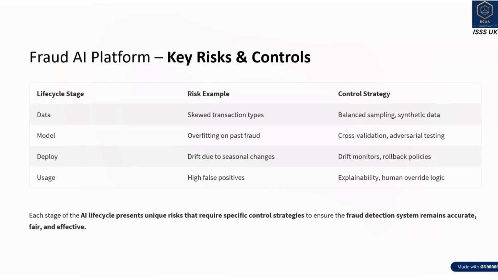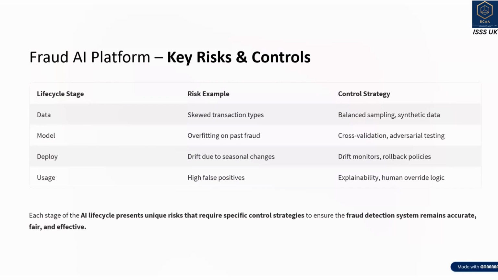So take the example of data, right? There are skewed transaction types. Skewed means the transactions are distributed unevenly, and the percentage of successful transactions could be 98 while fraudulent transactions could be 2%. How to identify and mitigate those fraudulent ones, and come up with a system which is trustworthy and ethical, right?